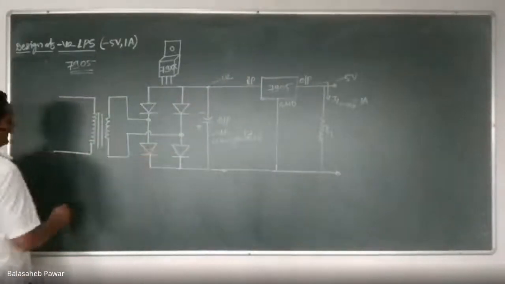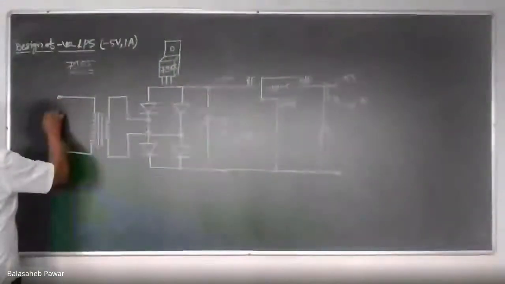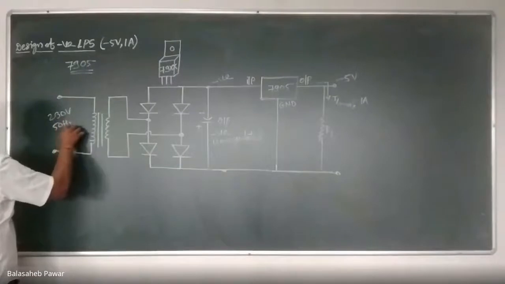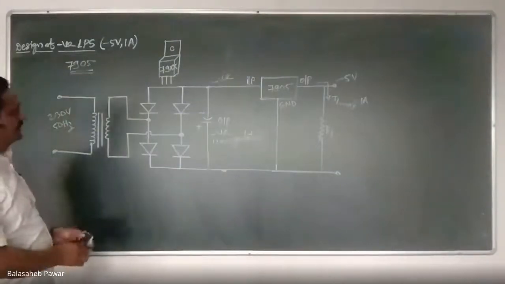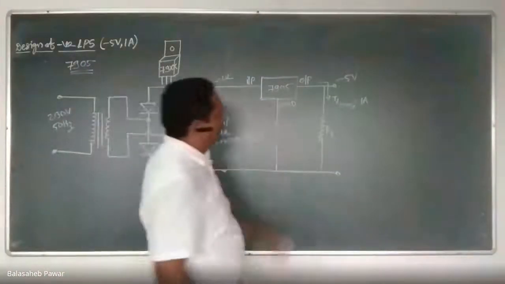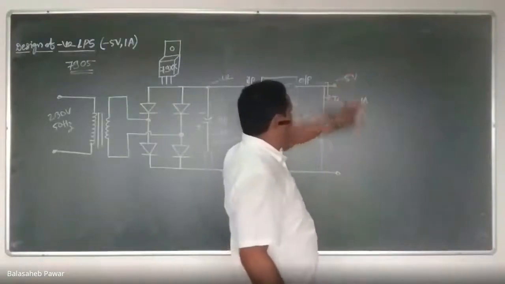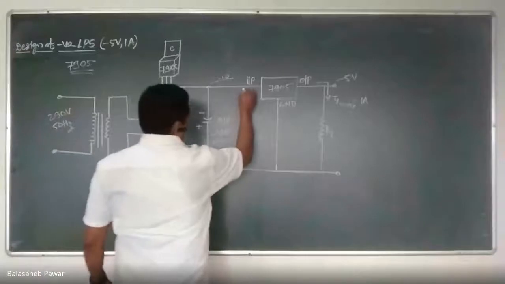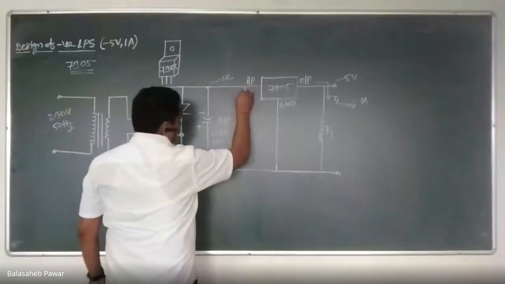or any device. Okay. So here again we are going to use the main supply as the input to our linear power supply, and we are going to produce the output at minus 5 volt with the maximum current rating of 1 ampere. Again, the suggestion by the manufacturer is given.